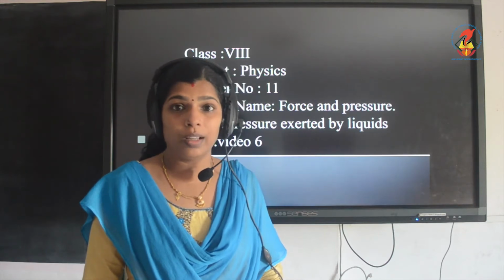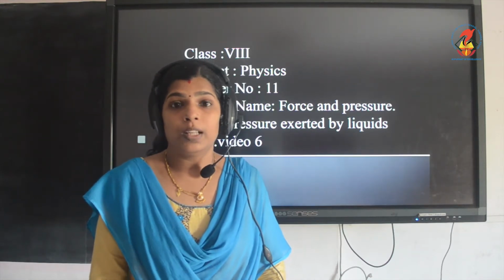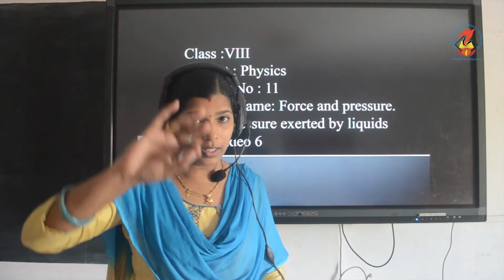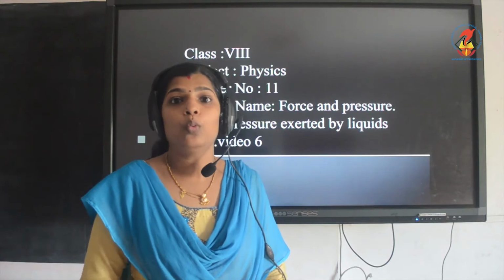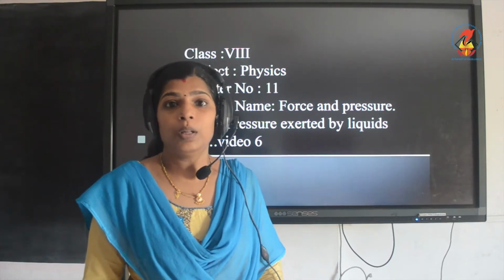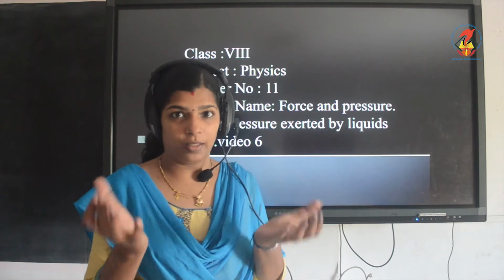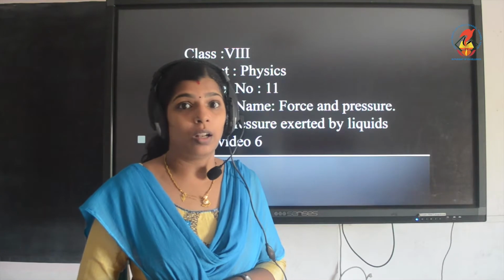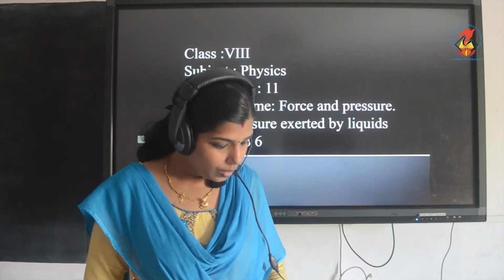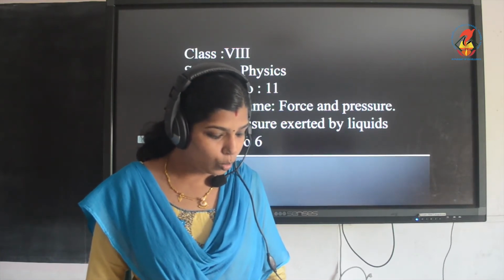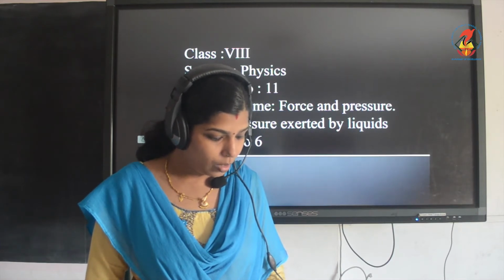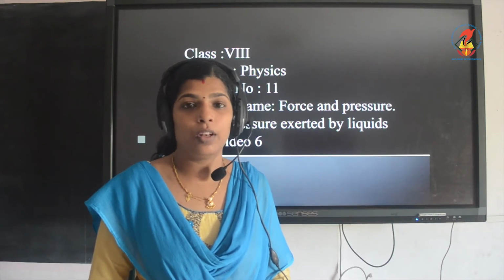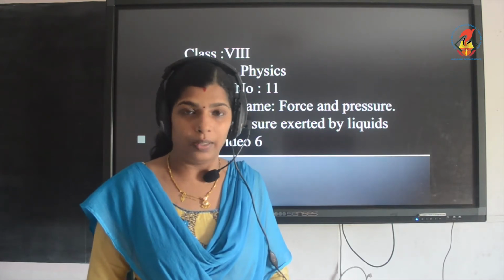When you pour water in the tube that is covered with a rubber balloon, the rubber balloon will start bulging. It will bulge downwards. Note also the height of the water column in the pipe. Water column means the level of the liquid, or the water level.